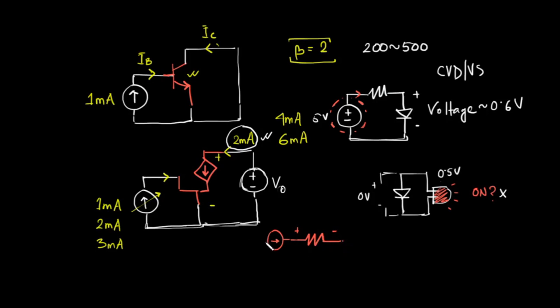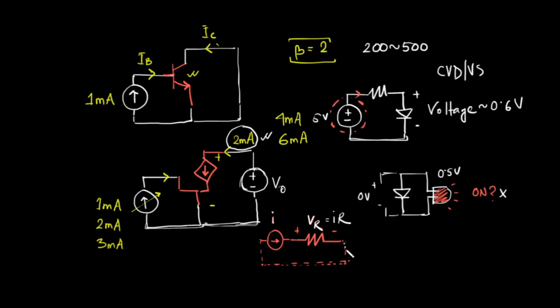Well, I am just drawing this as open circuit. I probably should, well, this will be a closed circuit. So if I connect a current source to a resistor, what will happen? A voltage will develop across the resistor. If this current is I, then the voltage across the resistor will be IR. The voltage across the resistance will be I times R, the current that is flowing through the resistor times the resistance value.